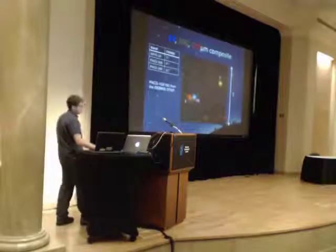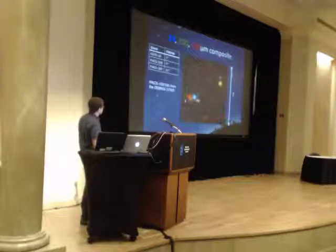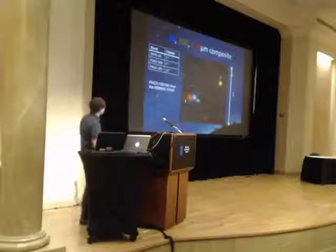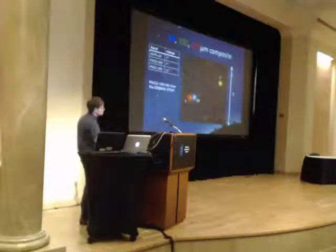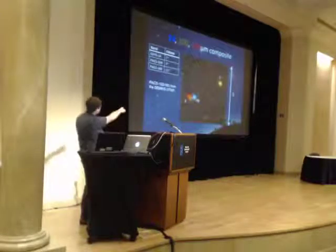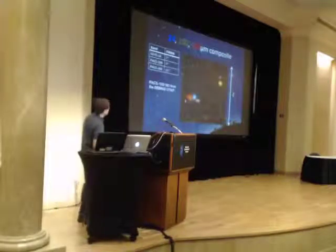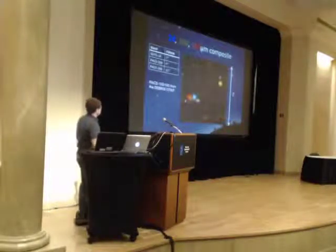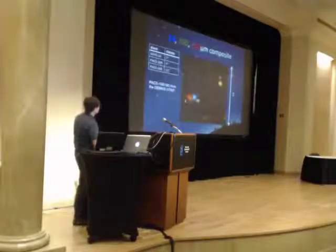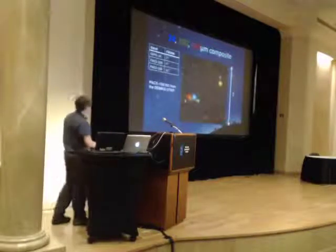So here's what we get when we add in the Herschel data from the debris survey. We've got 100 and 160 micron PACS maps, and I've made a composite here with those two maps and the 24 micron MIPS. And what you see is the two systems, the AB there with the circumprimary disk in blue, and then over on the right we have the tertiary disk, which shows up a lot cooler in yellow with the flux distribution peaking around 100 microns or so, and also a galaxy on the left there,